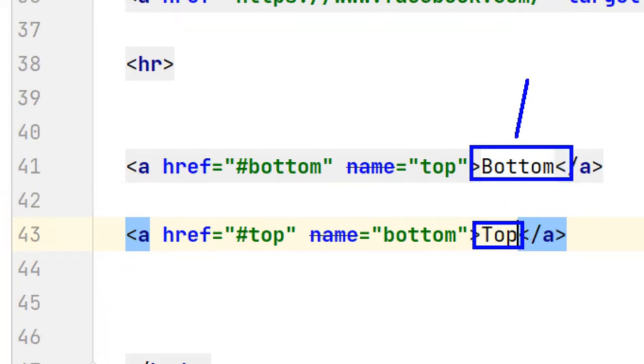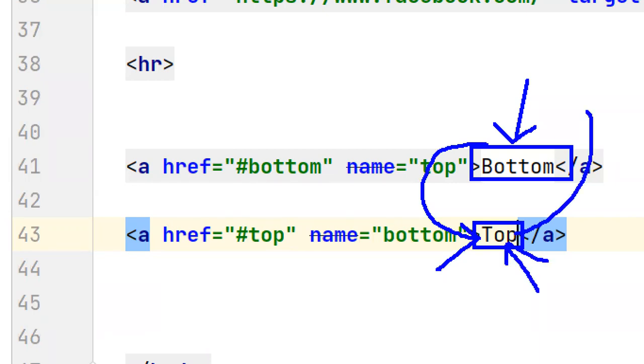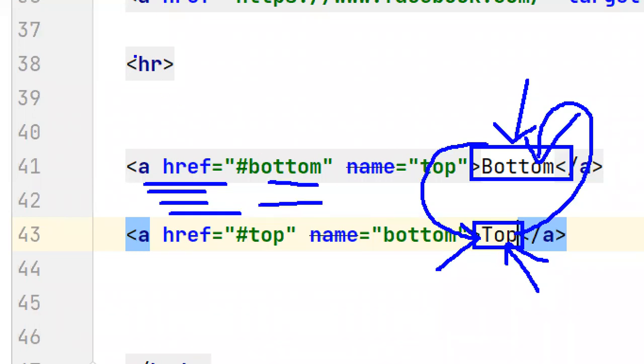Whenever I'm clicking this one, then it jumps to this location. Whenever people click here, then it jumps to this location. In the middle, guys, n number of tags, tables, images, header tags, UL tag, OL tag, whatever you want, you can write. If your application content increases, you get a scroll bar.